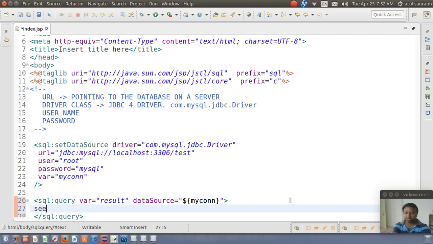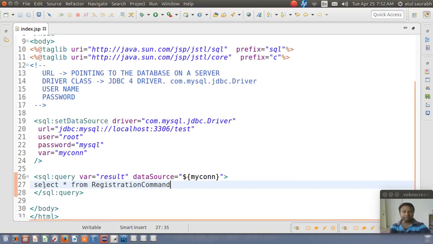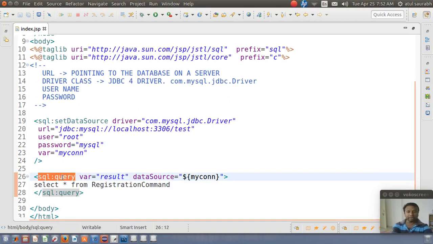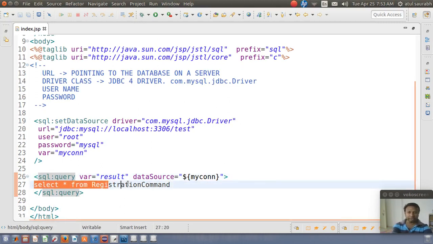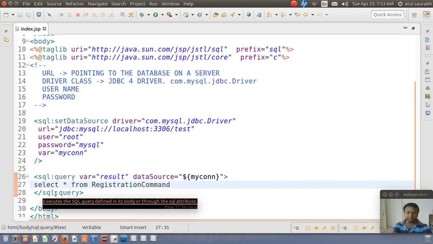So the query which I am going to write here is select star from registration. So whenever we are going to use this SQL query tag, the query is obviously written in the form of the body of the tag. So the query is already written out.